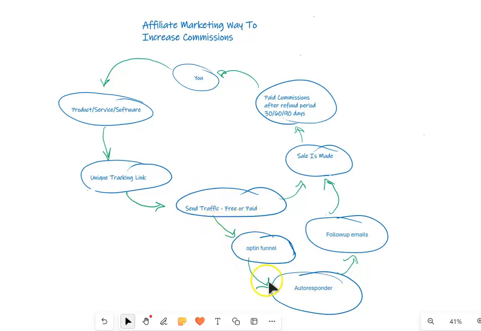And so this is why this bottom part here is so important, and you want to make sure you get their email address so that you can follow up.